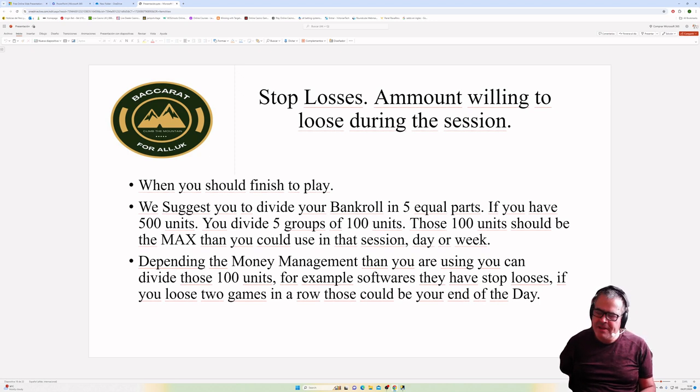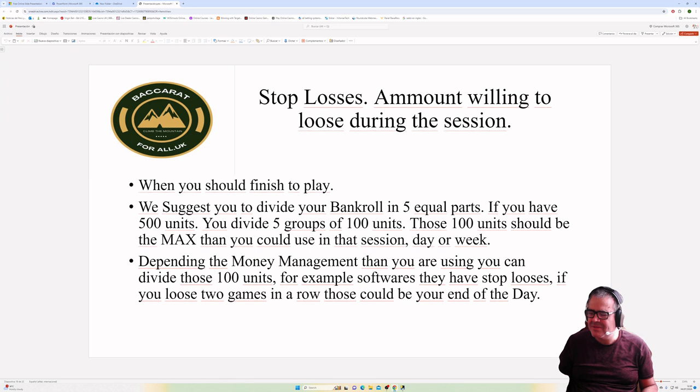Without this, yes, your chances to lose are a lot higher. But if you have a sensible everything, you are a sensible person, you are not too greedy, you have a nice bet selection and a sensible money management, then you don't go too deep into your bankroll, losing too much of it. You are fine.